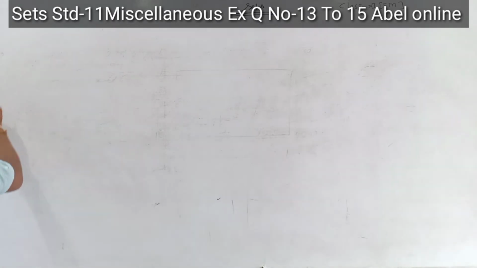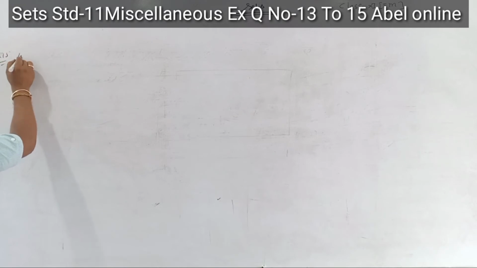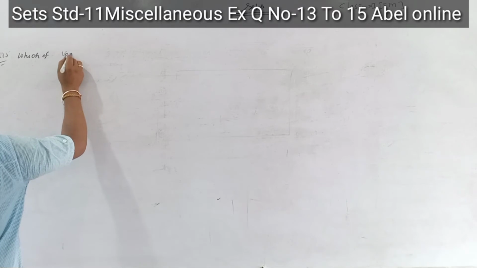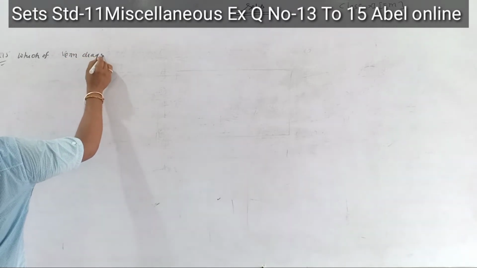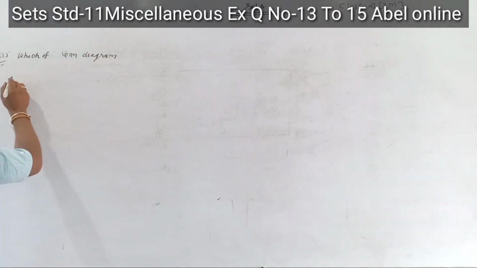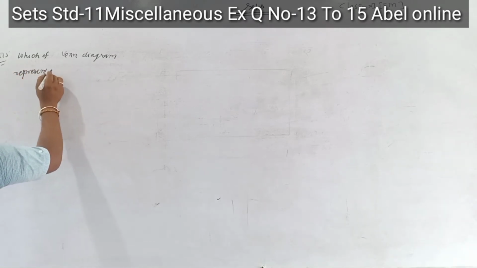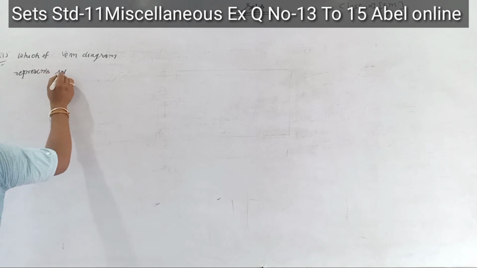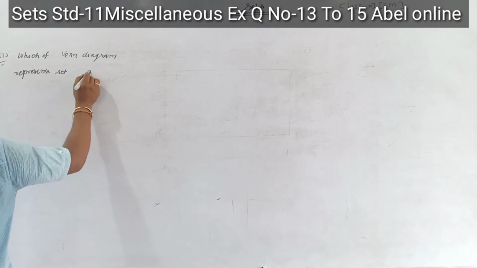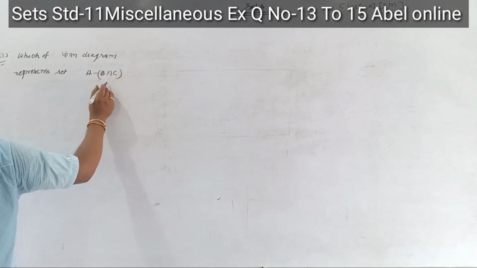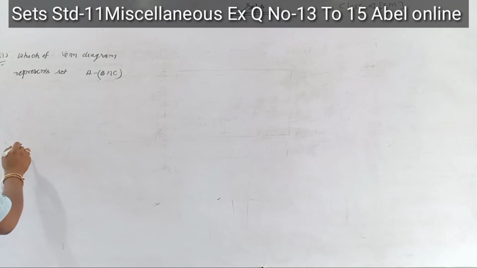Question number 15. Which Venn diagram represents the set A minus B intersection C? What is the answer? Your first answer is